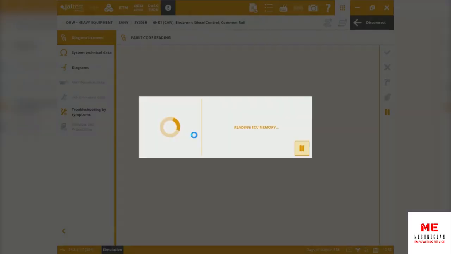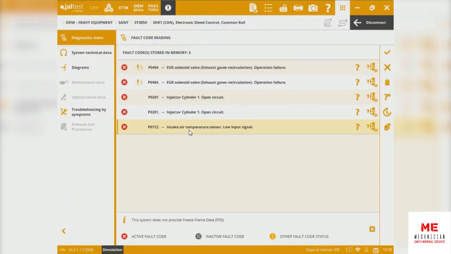Starting with the basics, fault code reading. On the fault code reading side, remember that we do handle proprietary information directly from the manufacturer. We don't have generic codes. This is specific for the brand and the model. As you can see, we have